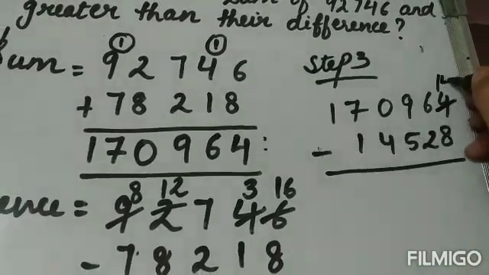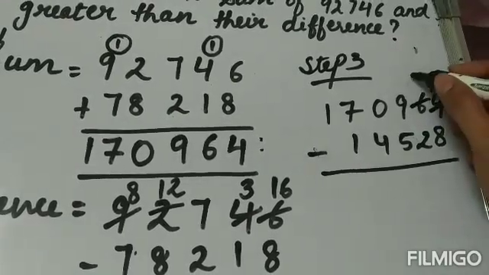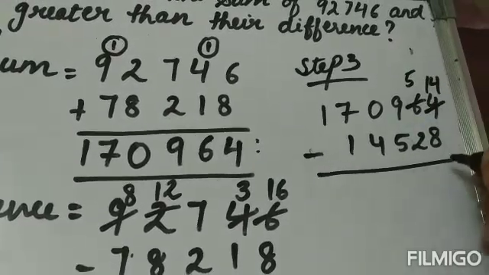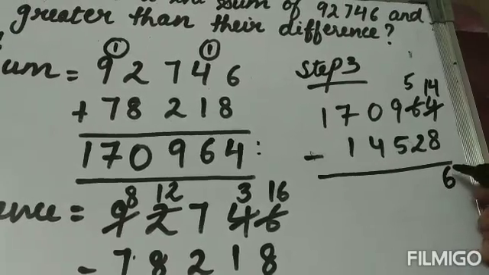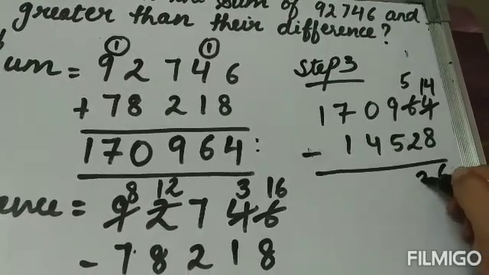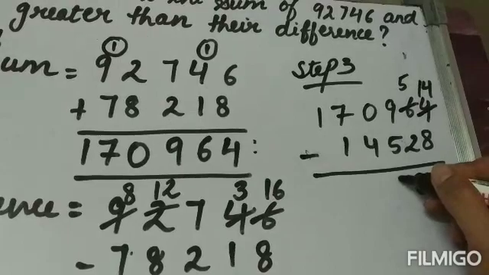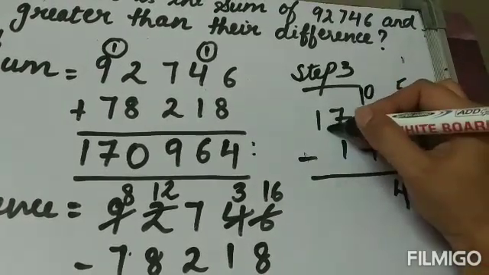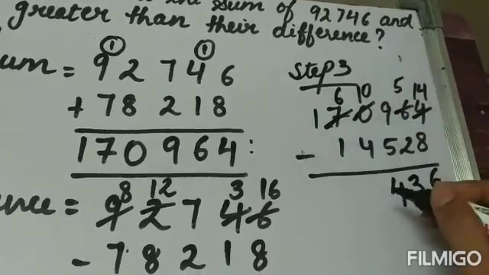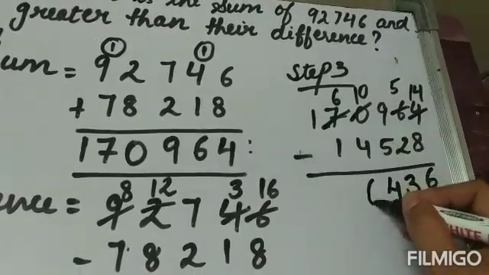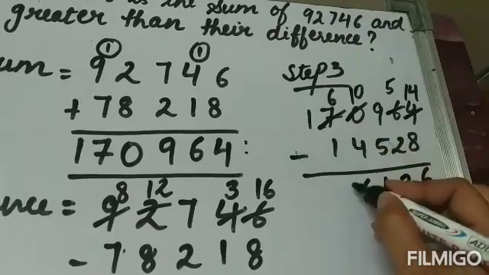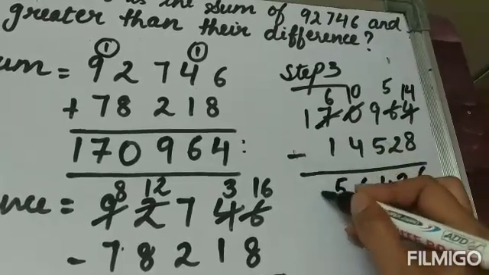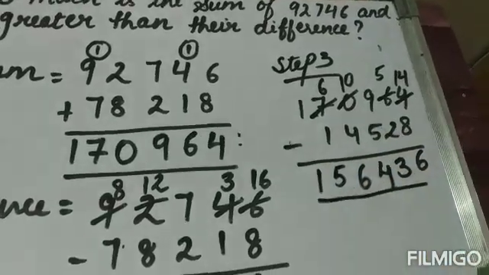this 4 will become 14 and this 6 will become 5, and 14 minus 8 is 6, 5 minus 2 3, 9 minus 5 is 4, this 0 will become 10 and this 7 will become 6, and 10 minus 4 is 6, 6 minus 1 5 and 1. Okay, so